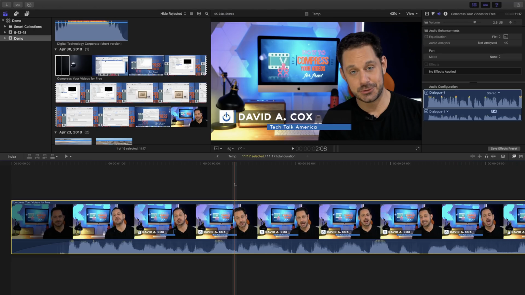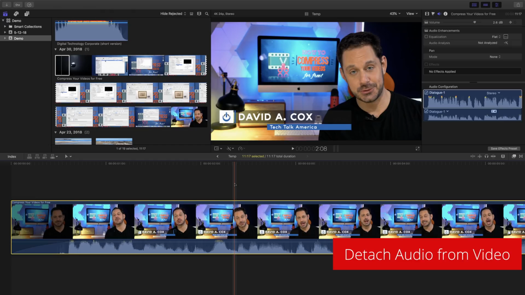And you can use that for either fading in or fading out any audio. The next technique is simply how to separate the audio from the video so that you can independently manipulate it